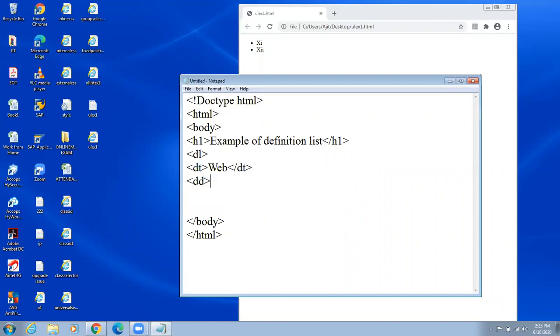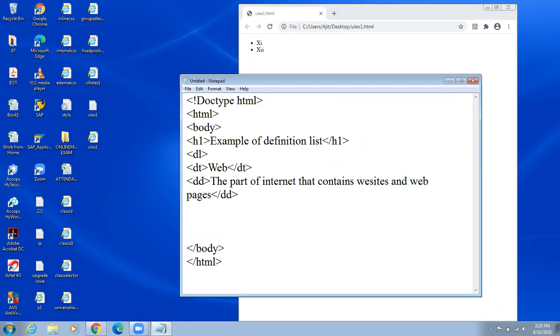Then dd is definition data, or the term's definition, some definition of this web: the part of internet that contains websites and web pages. Close definition data, and at the end close definition list.